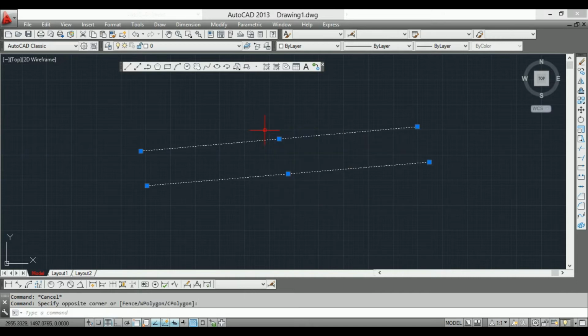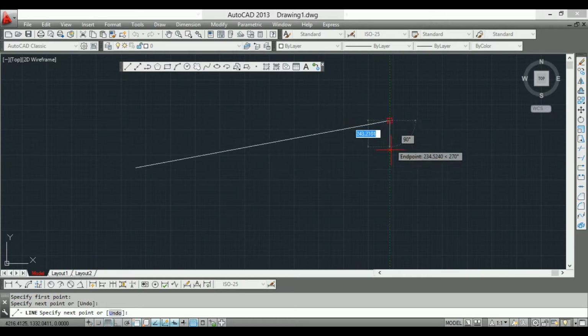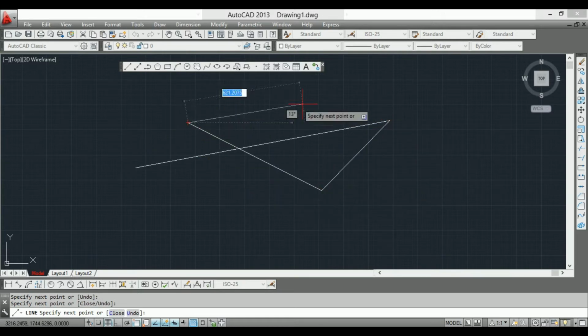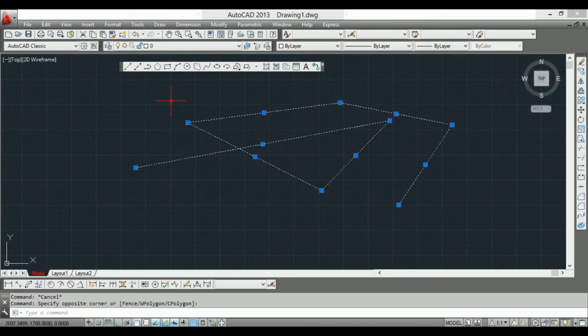Guys, one important thing, you have to check your command bar at each and every step, because it shows you what the next operation will be. So the command bar is very important. It will show you what your next move is. Suppose you want to make a line anywhere like this, you can make it. This is the first case.